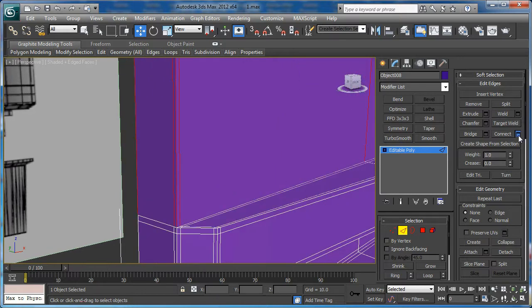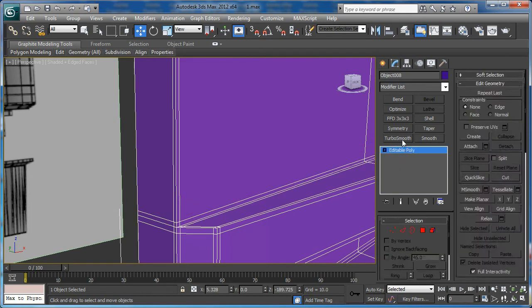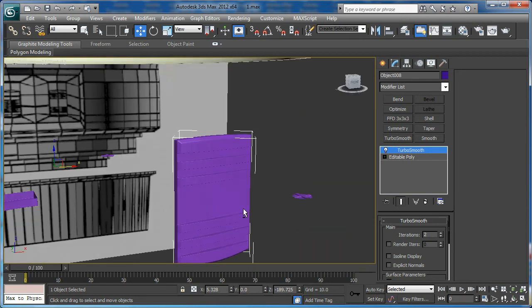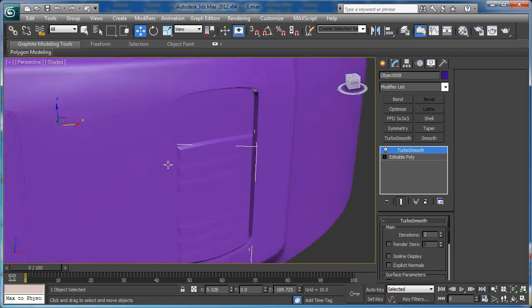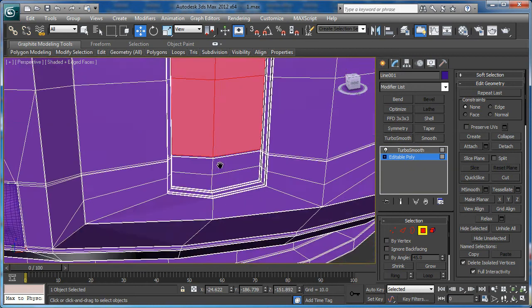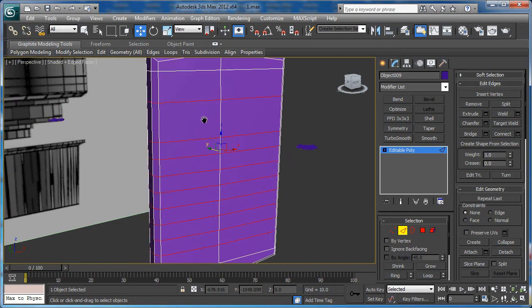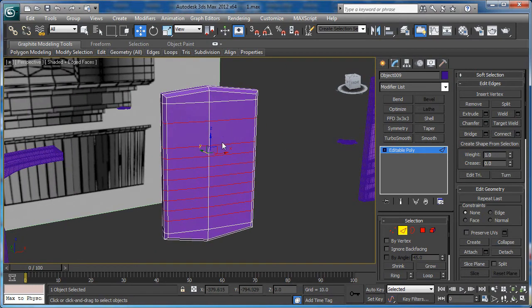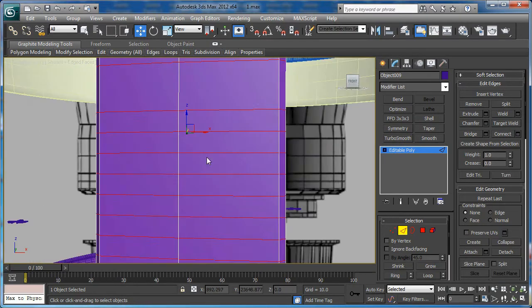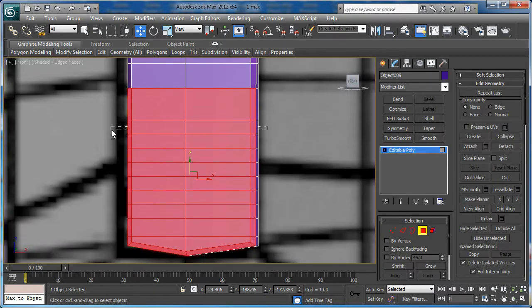Now let's connect two more loops here like this and apply turbo smooth. So this is our result and we can continue. Let's unhide all and select these polygons here. Now I have done almost the same. I connected 9 loops like this, so let's just deselect these polygons